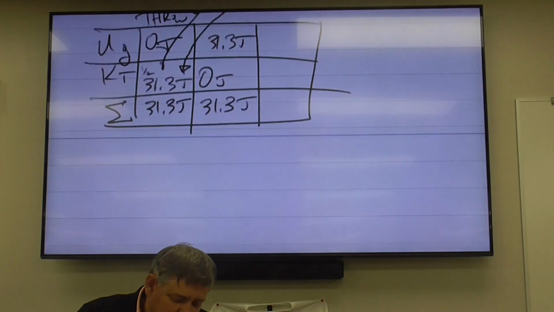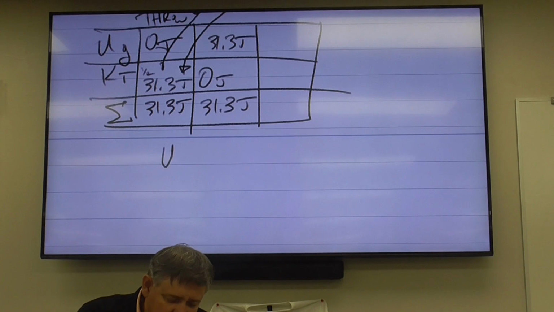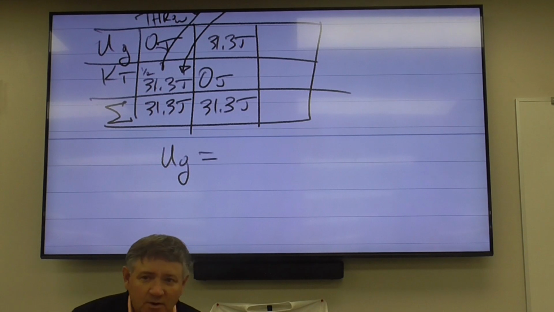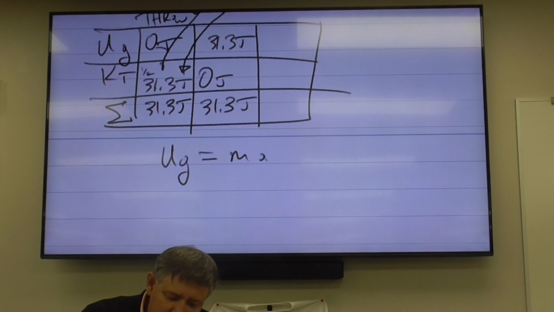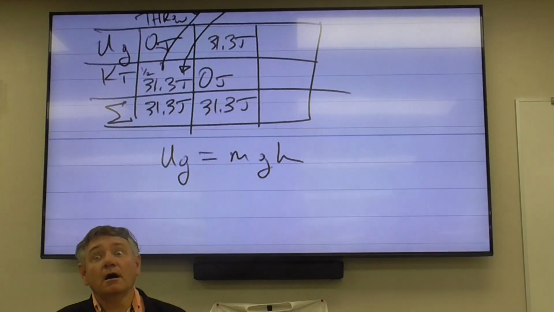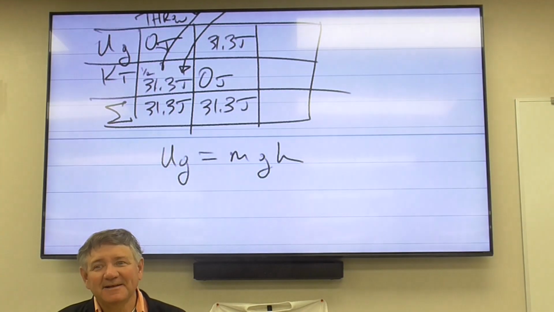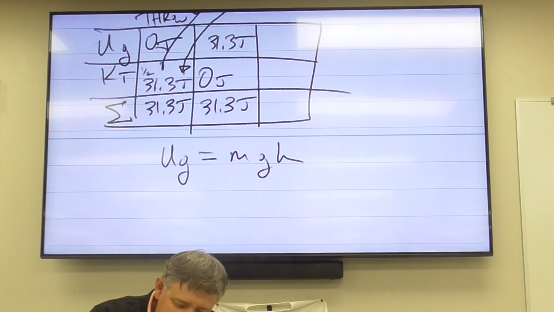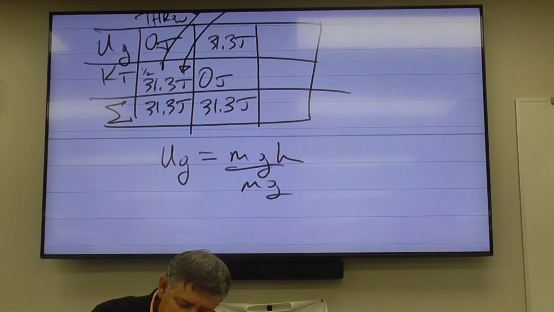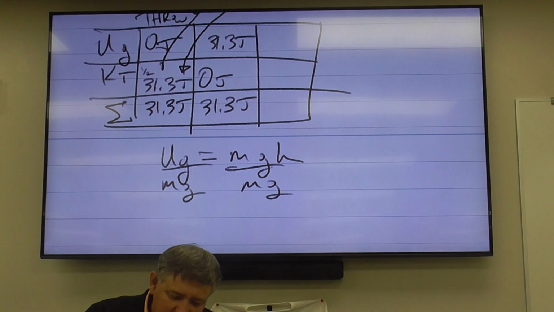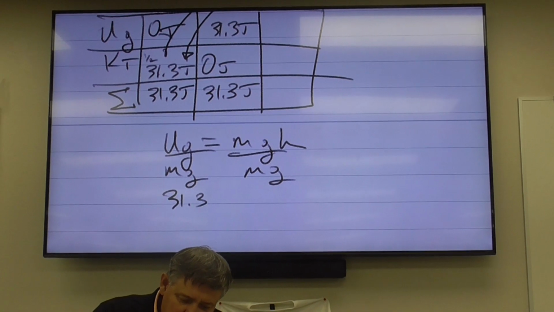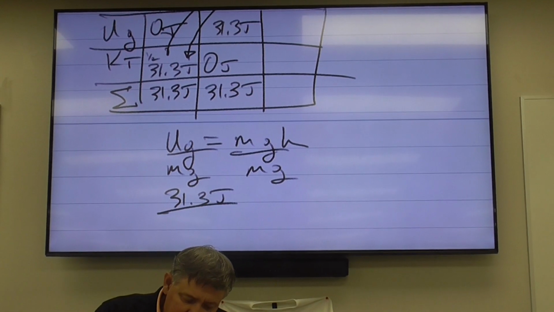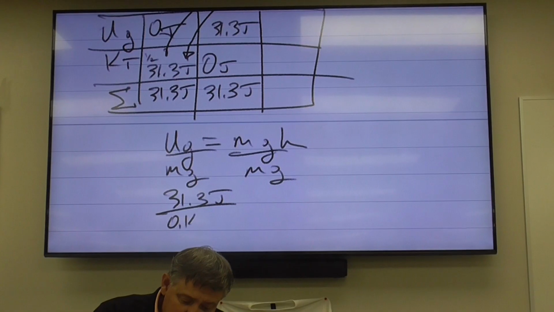V squared equals V naught... No. From an energy perspective, couldn't you just do mgh? What does UG equal? mgh. And we know mass, we know gravity. We can solve for height because we know UG. So UG over mg equals height. Yes, that makes sense, and it's way better than the thing that I said. So 31.3 joules divided by 0.1 kilograms